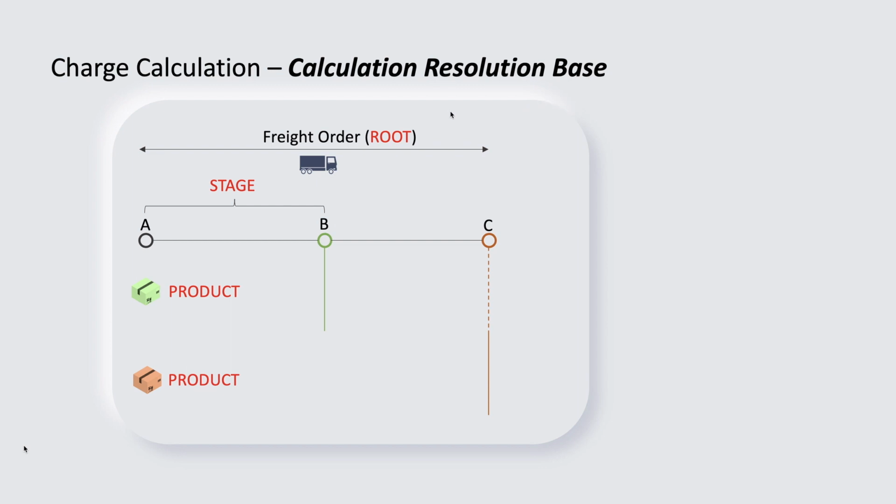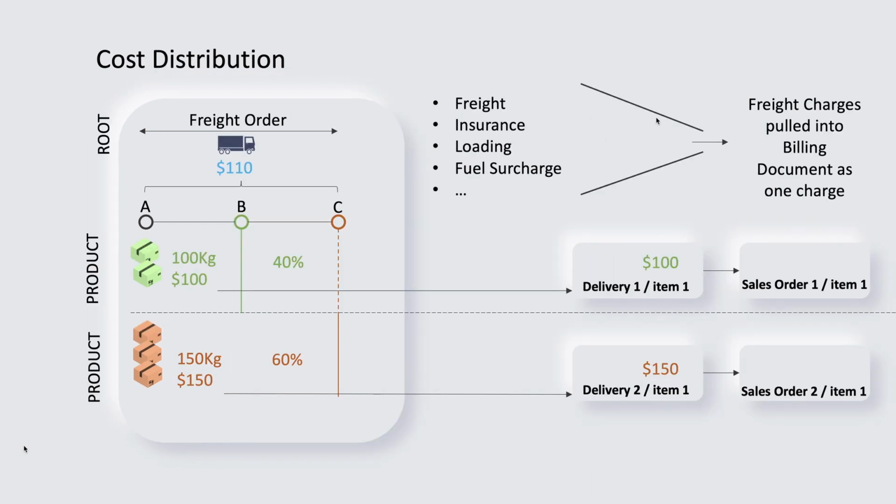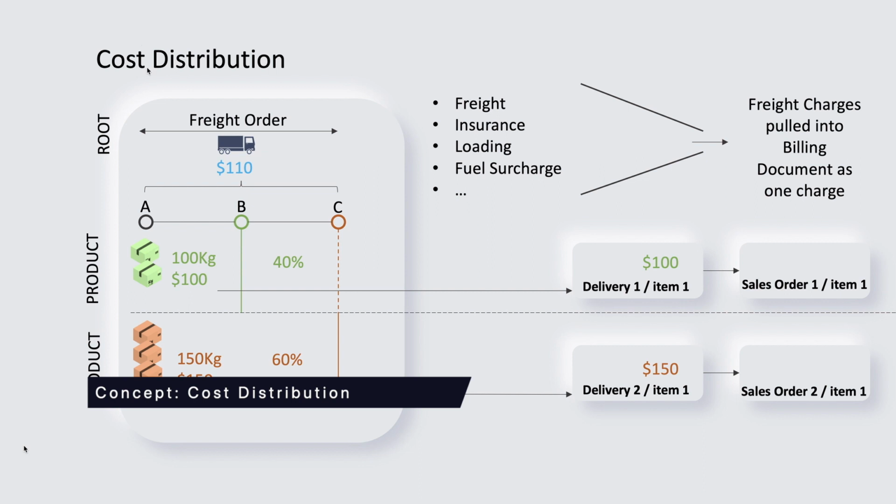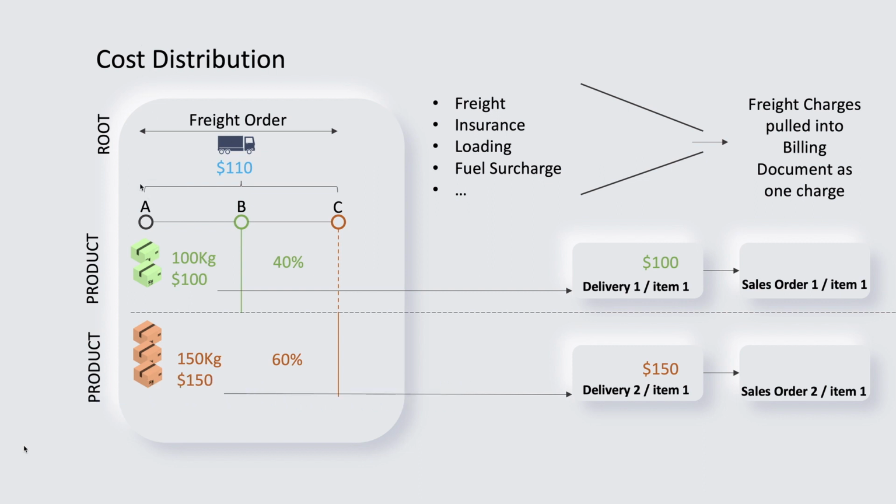So let's move on to looking at the cost distribution and a basic example to kind of explain what it's all about and how it works. So here we have an example of a freight order that is going from a source destination to a first stop at one customer location and will then go on to another final destination. So there are two stages on this particular order,